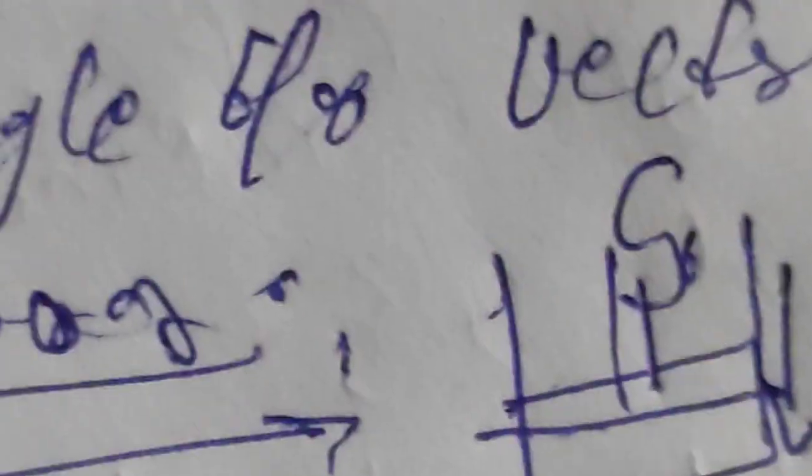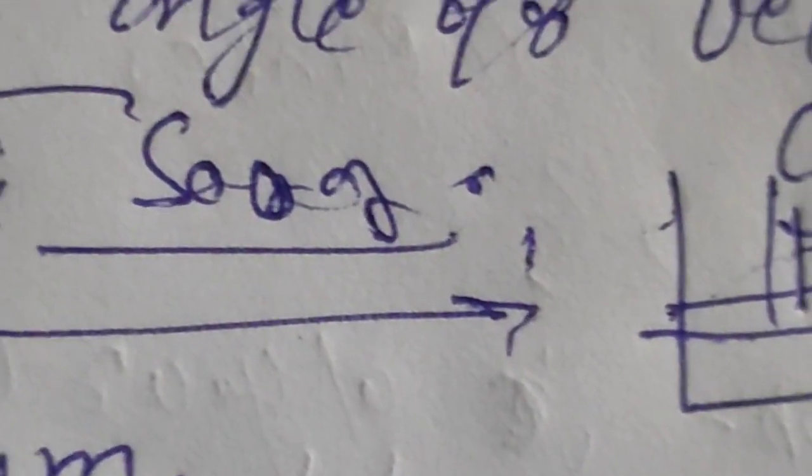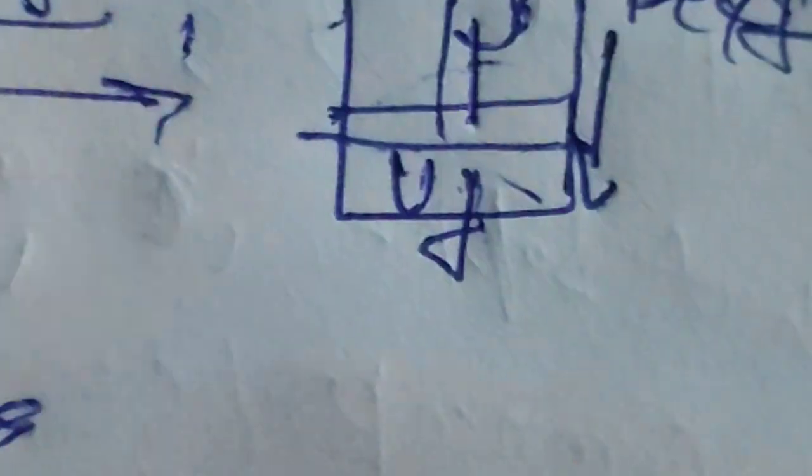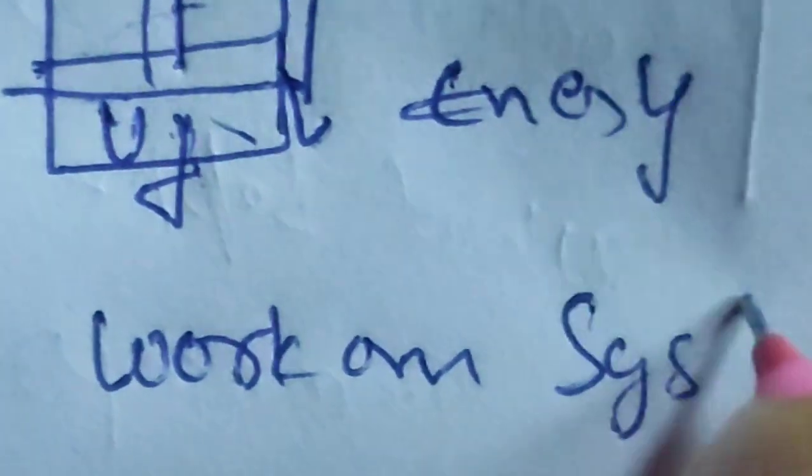So in this case the surrounding does work on it. You work on this, for example, this is our glass, and you apply a force like your thumb on this, or for example a balance on it, pushing from outside. That is the external force you apply, P external. So we see that this is our final volume, this is our initial volume. We see that the energy is increased, and the surrounding is doing work. When the surrounding is doing work, that is work on the system by the surrounding,